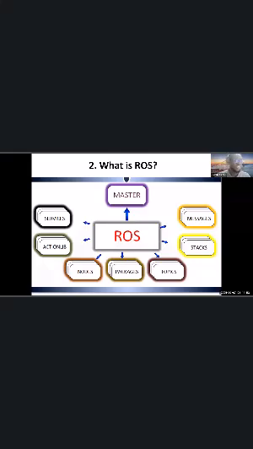Is it user friendly? I'm not sure, but now I believe after this workshop, ROS is user friendly to a lot of people. A lot of developers and companies use ROS because it's adaptable, flexible, and has a lot of things.